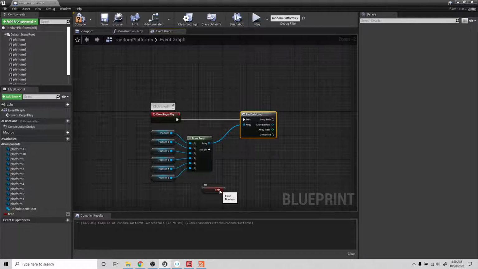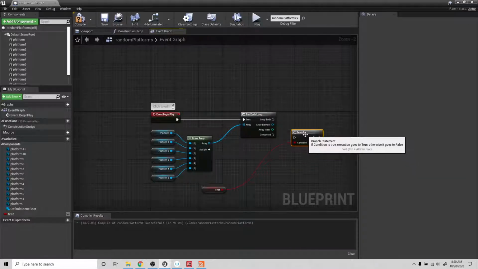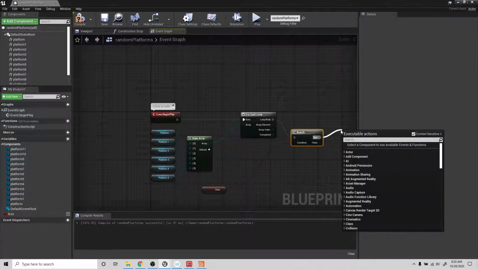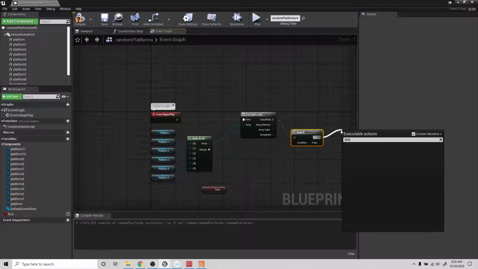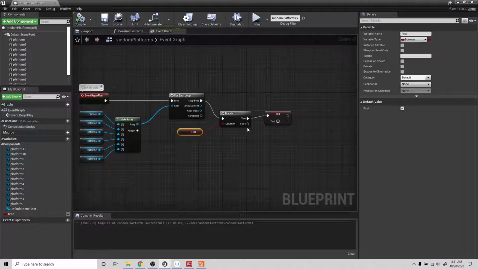And then we're going to do a branch. So the main body loop, if it is true, we're going to set first to false. So that way the first platform is always going to be visible. And then if false,